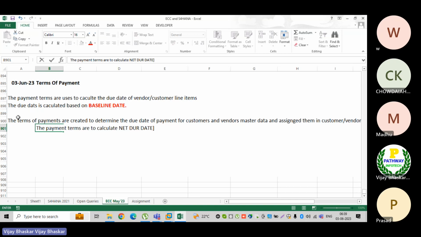This is important. What is meant by net due date and all, we will discuss.